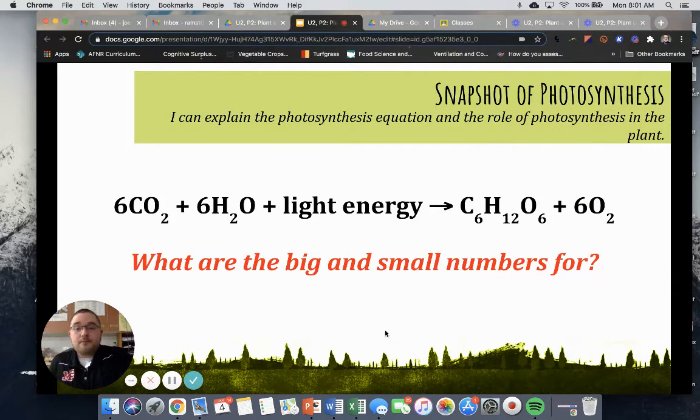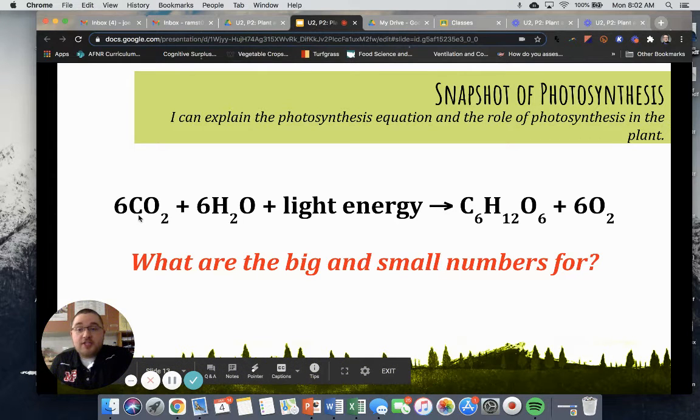Okay. So we're going to talk a lot about photosynthesis in the coming weeks, as I promised, but this is the photosynthesis equation. And one thing I want to ask you to take a mental note, what do you think the big and small numbers are for? Well, the small numbers they help us determine what type of chemical we're looking at. So CO2, that is carbon,